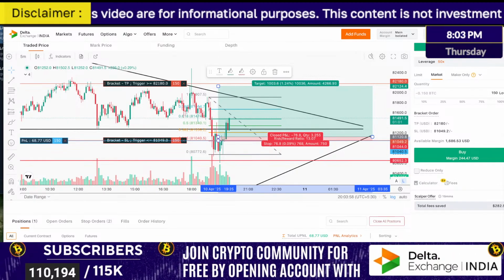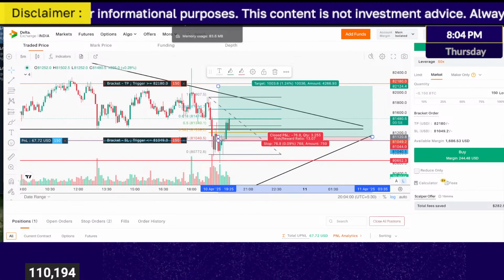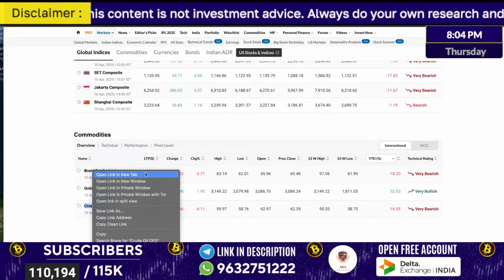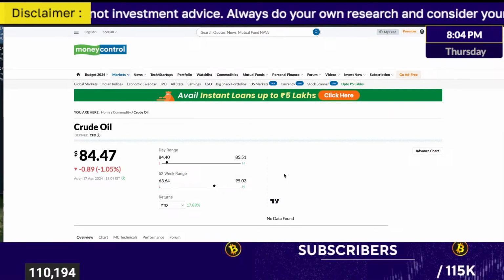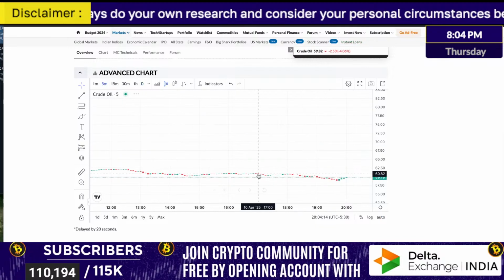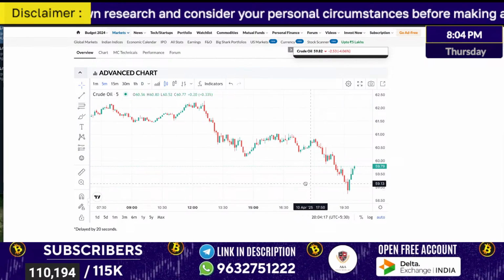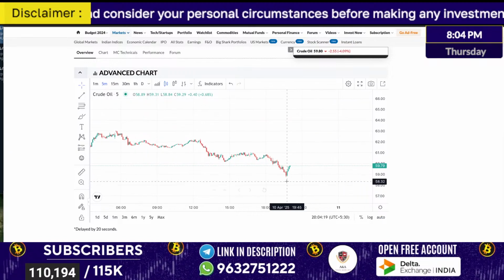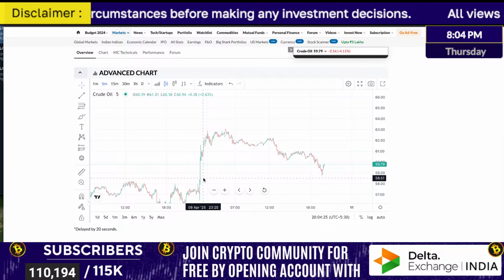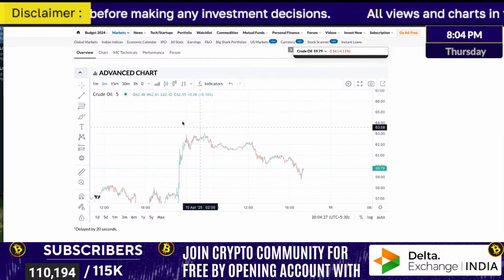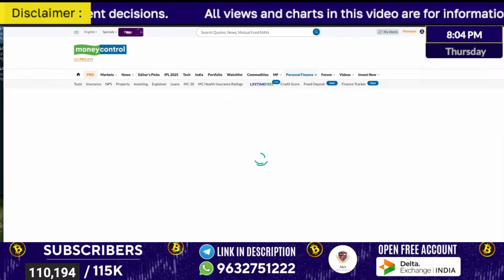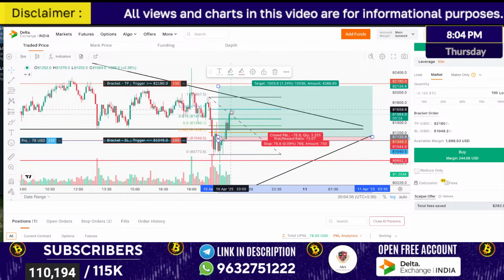Any view on crude oil? I personally don't trade crude, but if you want, crude is as of now the same thing as what happened in the globe. The BTC market gave a breakdown, now it is showing an upside move, but what the heck. It's reaching this top level.